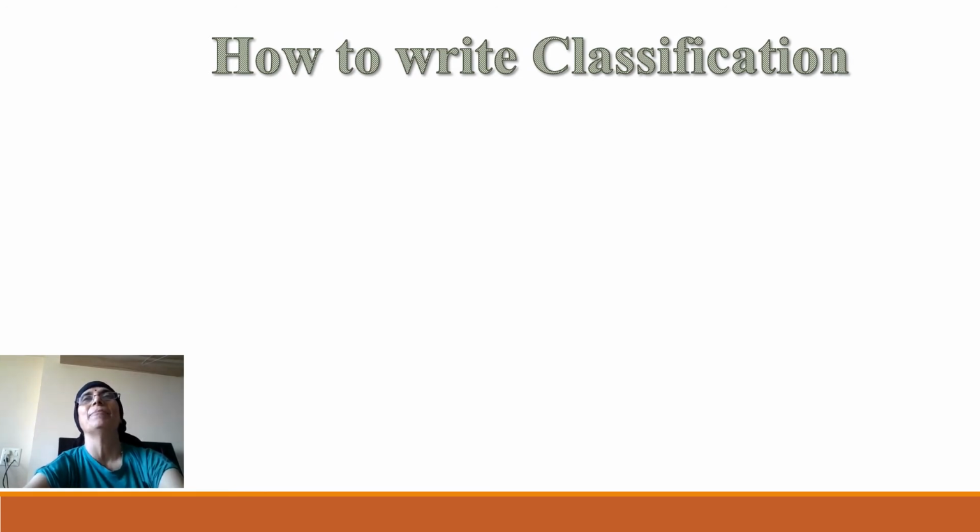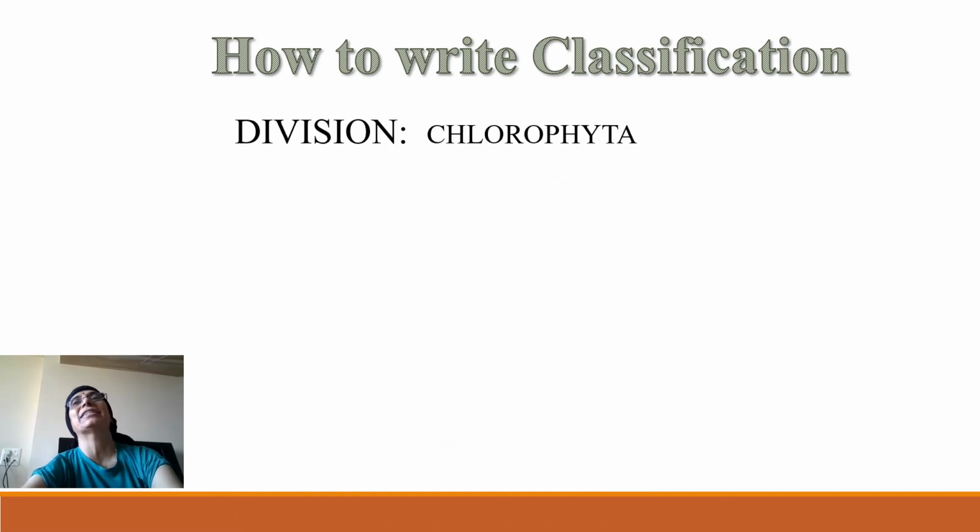Yes, the first thing that will come is the division. So for example, we are studying Chlorophyta. Here in SY we'll be studying Phaeophyta. So division, Chlorophyta. This will be followed by reasons. You will have to give reasons why it is Chlorophyta. If it is Phaeophyta, why it is Phaeophyta. So what will you be writing? The characteristic features of the group. Like in Chlorophyta, you will be writing starch, the reserve food material. Pigments present, chlorophyll A, chlorophyll B, and xanthophylls and carotenoids, alpha and beta carotenoids. You can write that. And then it will be followed by class.